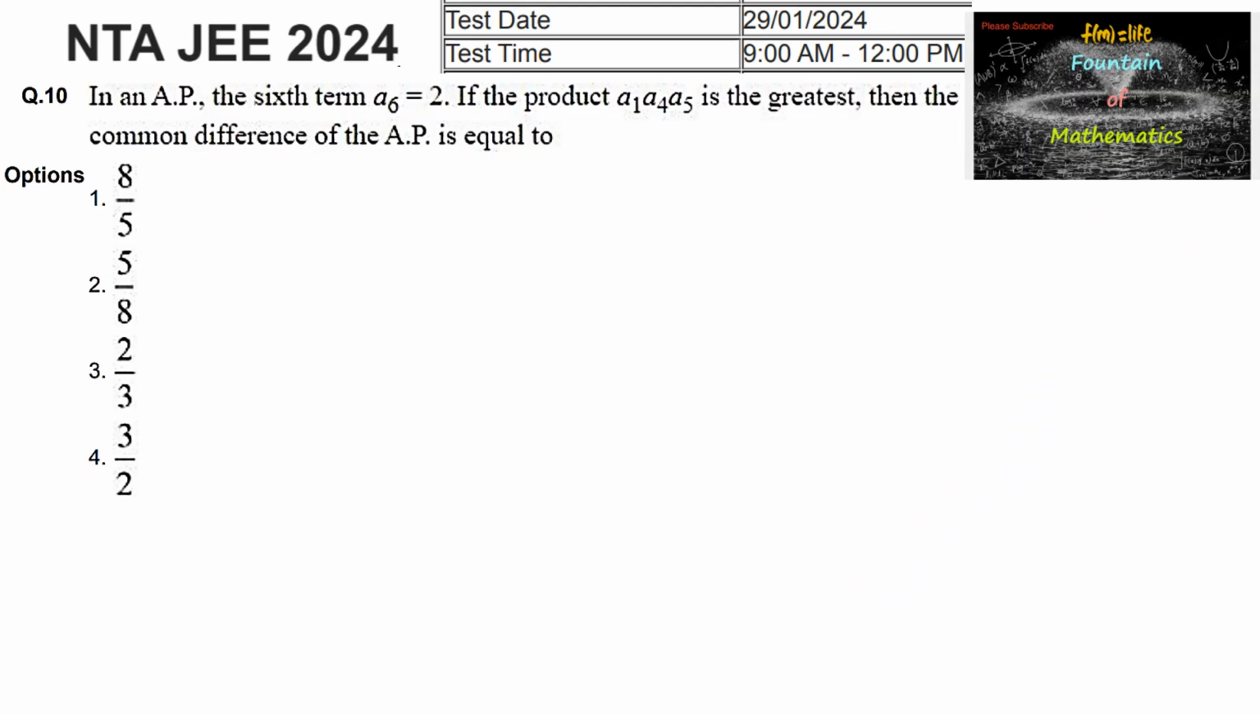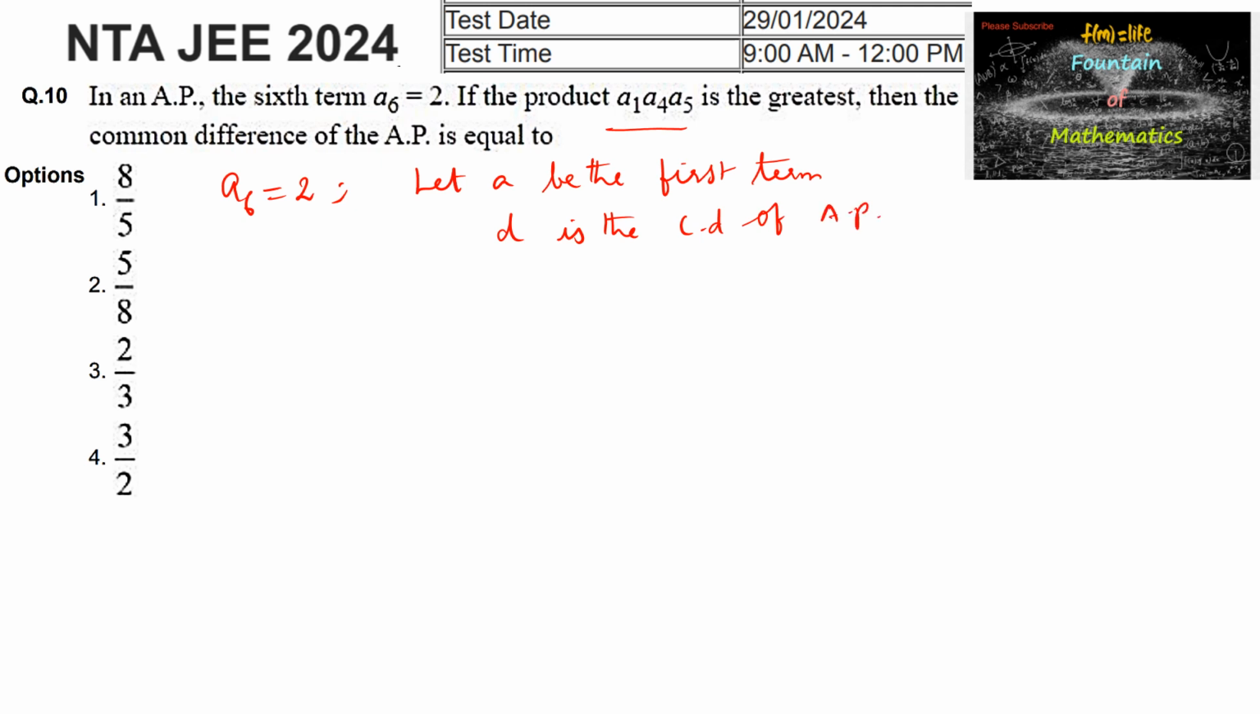In an arithmetic progression, the sixth term is 2 and the product A1, A4, A5 is the greatest one. Let A be the first term and D is the common difference of the arithmetic progression AP. So that we can write A6 as A plus 5D is equal to 2. So we can write A is equal to 2 minus 5D. And now consider